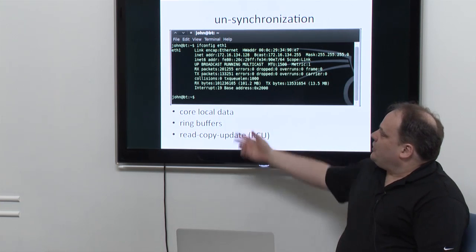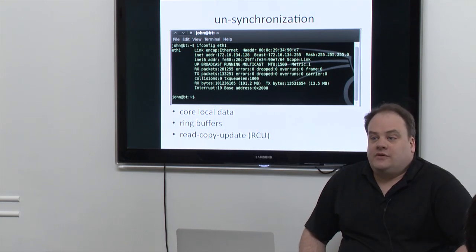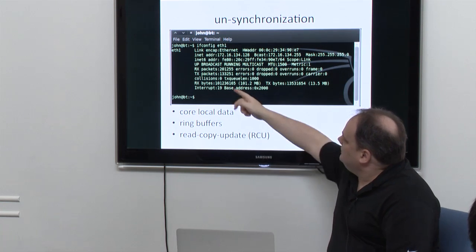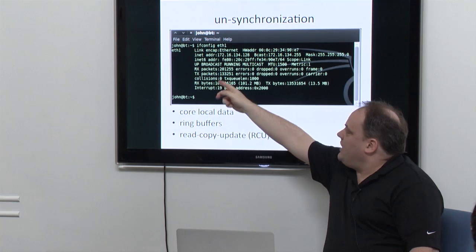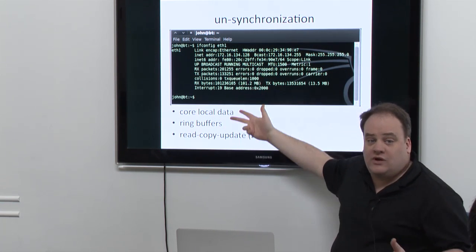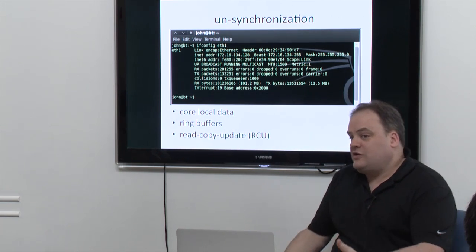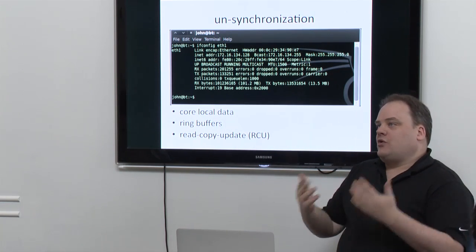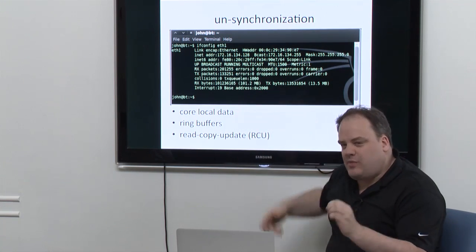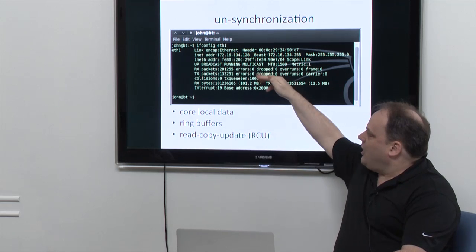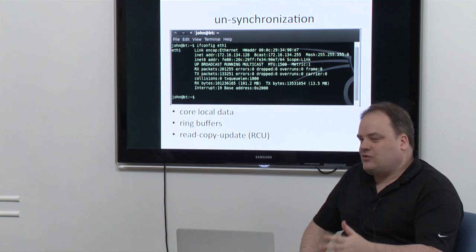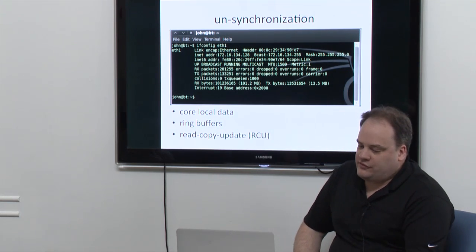Where it is corrupted is if you then say, let's look at average packet size, where I take the number of bytes divided by the number of packets, like received bytes divided by received packets. Well, these numbers can actually be slightly out of sync, because we're not doing any synchronization. So there is a synchronization problem. But if you look at your requirements, do I really need to care that the average packet size is absolutely, positively correct all the time, or can it be off by one packet? And that's where you can make these decisions. I don't really need to synchronize like I'm supposed to.